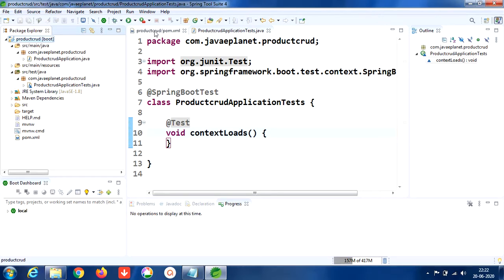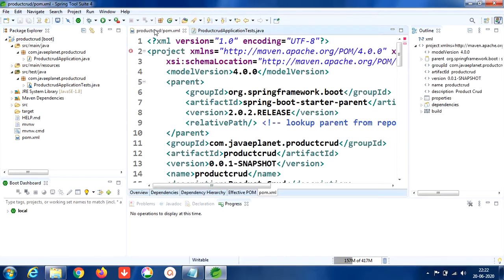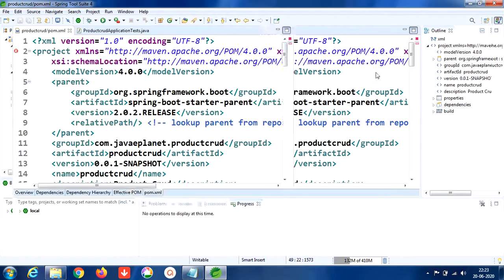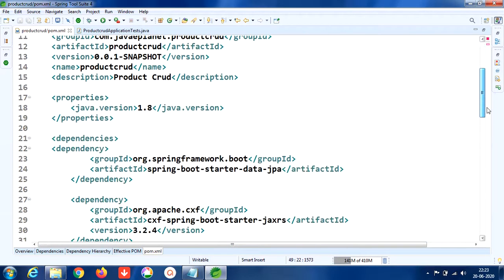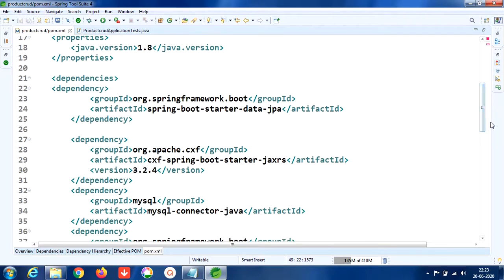Let me once go into the pom.xml. Let me maximize it. Everything was clear. Okay, here we have added the JPA dependency to perform Hibernate related operations such as mapping the entity class with Hibernate annotations from the persistence package, and we have the CXF dependency.